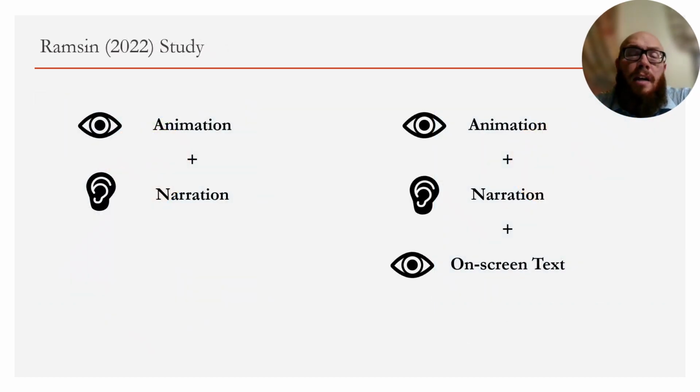In a similar study, Ramson 2022 again examined second language instruction directly with two separate groups of students, one receiving animation plus narration, and the other receiving animation, narration, and on-screen texts. And again, in